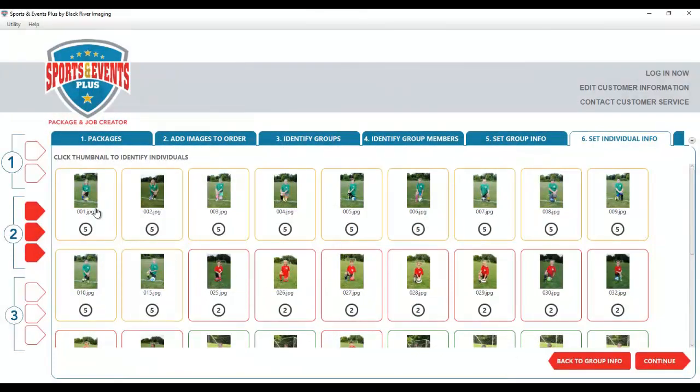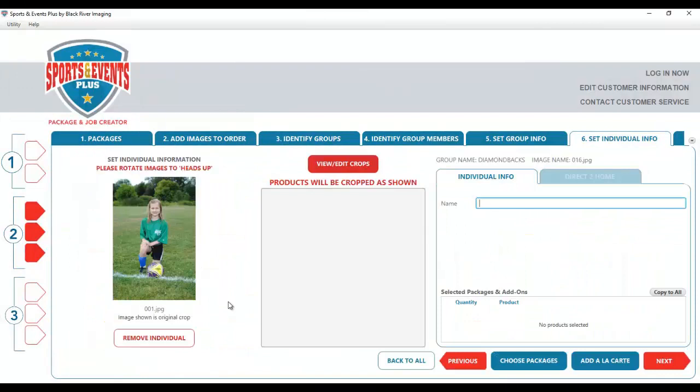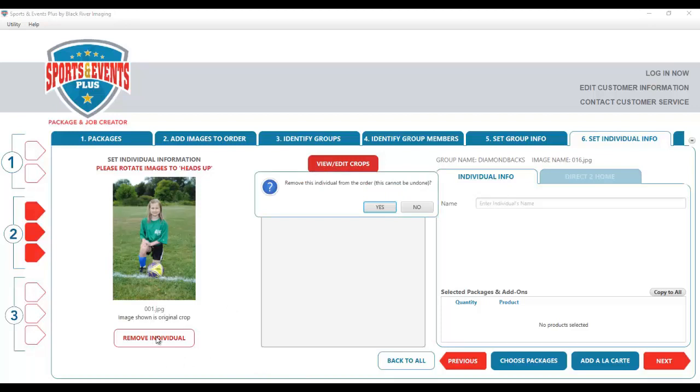Click the first thumbnail to the left to get started. The left side of the screen contains the individual thumbnail in its original crop with the file name displayed beneath. Sports and Events Plus allows you to cull images as part of your workflow process. To remove an image, simply click Remove Individual and acknowledge that this cannot be undone, or click No to cancel